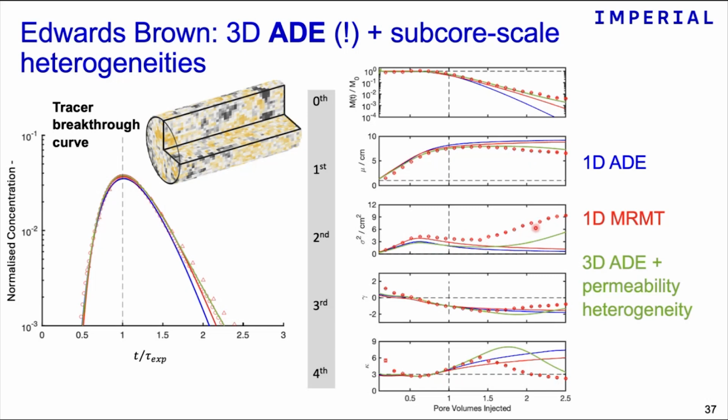We are not yet fitting the data precisely, but we do see that the trends are correctly captured, as opposed to the multi-rate mass transfer model, which actually shows potentially also the opposite trends to the one that you should observe. So this is again to say that knowledge of heterogeneity is very important also for transport processes, and these imaging tools allow you to incorporate these heterogeneities and to verify that you indeed are using the correct model formulation for interpreting your data.